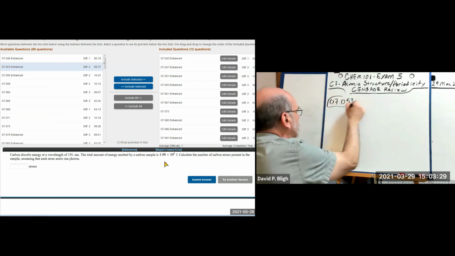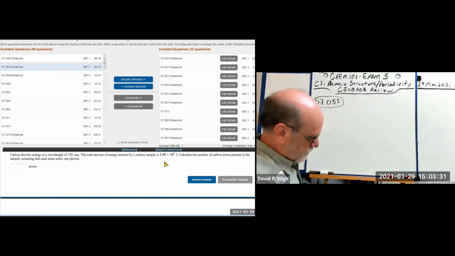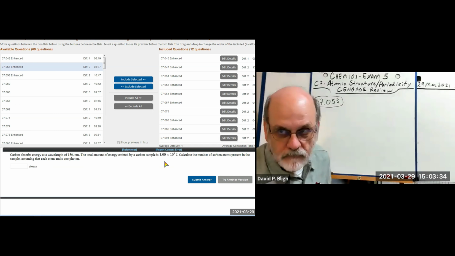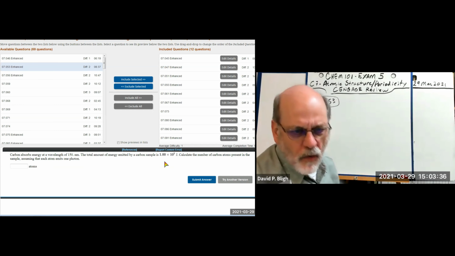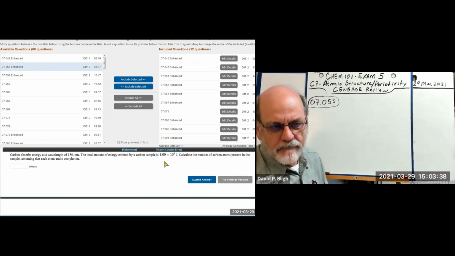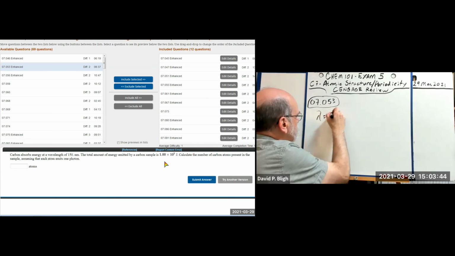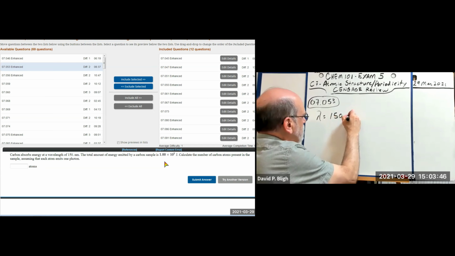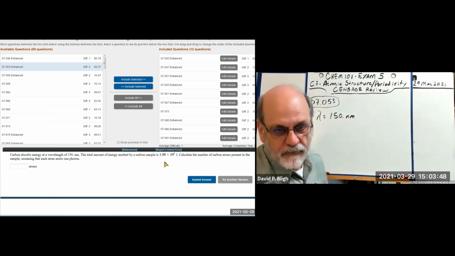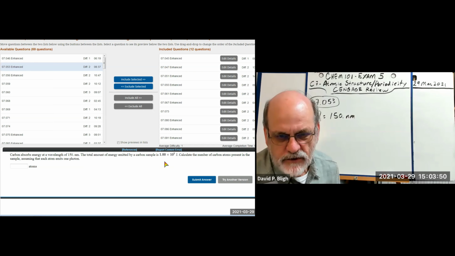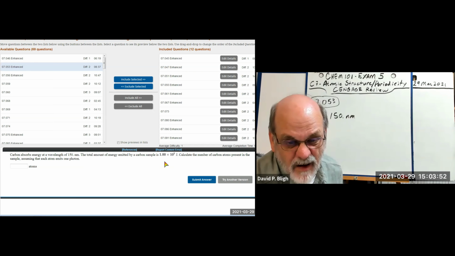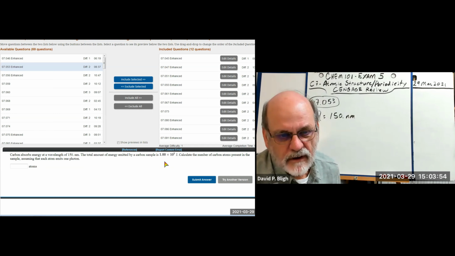So what are we given? We're given carbon absorbs at 150 nanometers. So the wavelength equals 150 nanometers. And the total energy emitted by a carbon sample, the total amount of energy emitted,